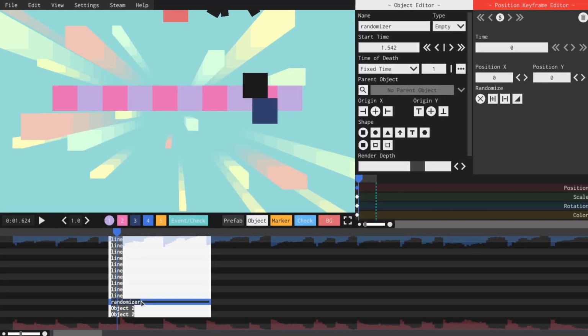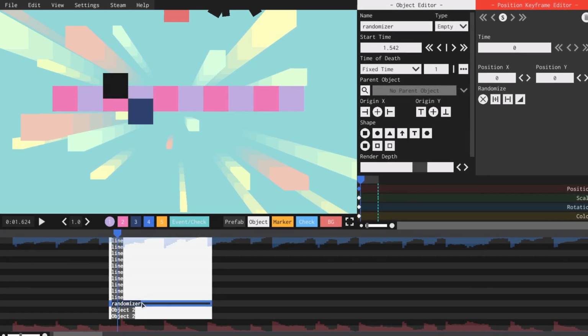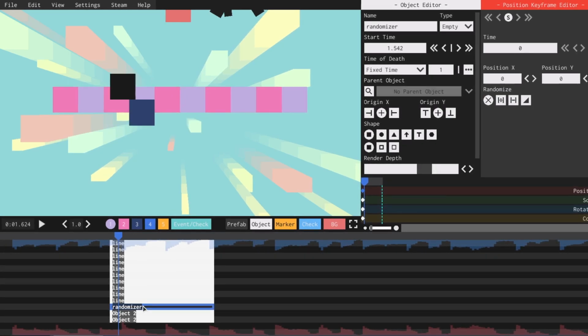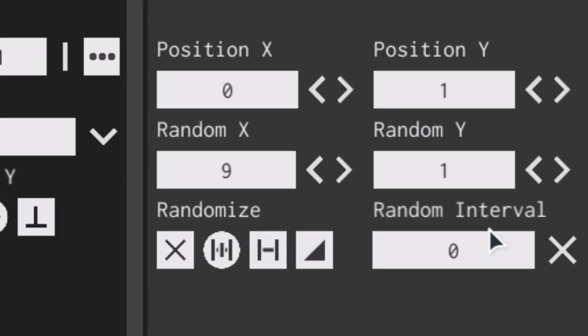The black square has a position keyframe with the normal option, and the blue one has the same keyframe, but with the snap option instead. There's also a line of squares that are positioned from 1 to 10. As you can see, the object with the normal option can pick any position, but snap can only pick the whole ones. This option is pretty much useless right now, since you can achieve the same behavior by setting the random interval to 1. But why would this option exist in the game if it's not used anywhere and even hidden from the editor?